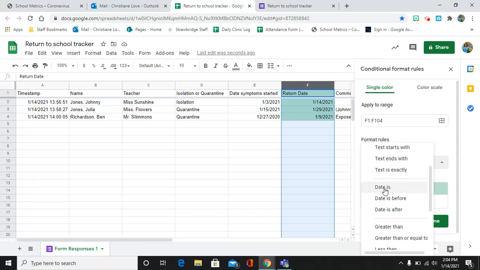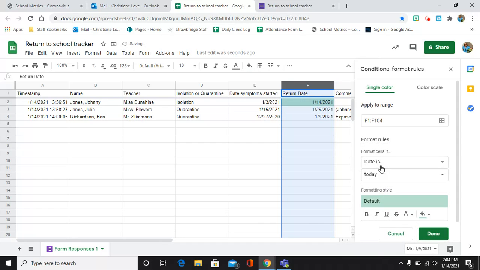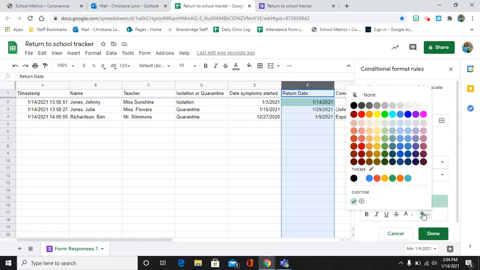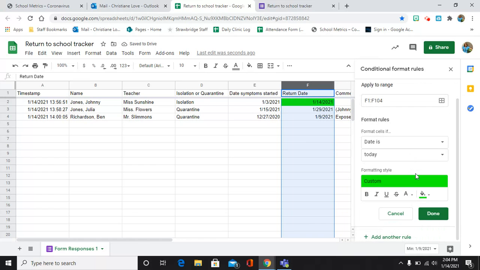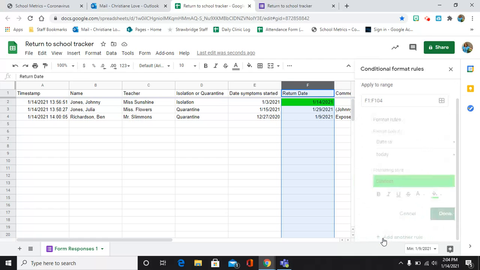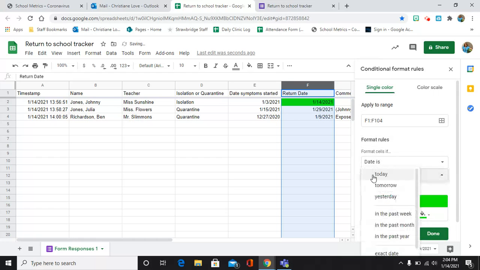I'm going to go to date. All right. If the date I enter on the form is today's date, then that means they can return. So I'm going to fill that in with green. See that fill color? All right. I'm going to add another rule. If the date is,